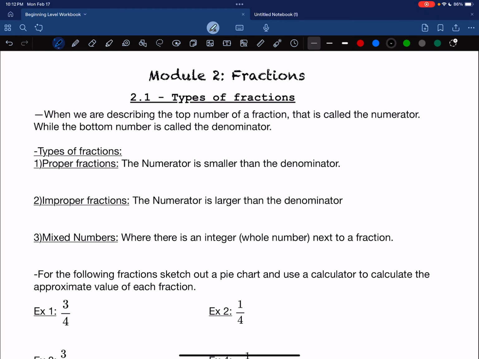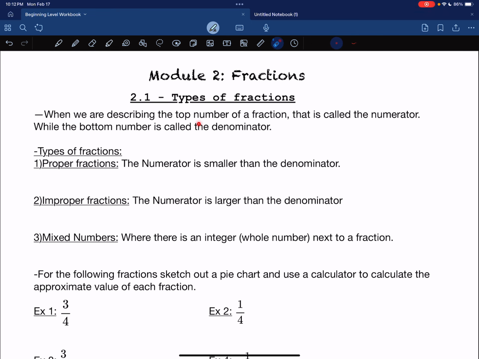Welcome to section 2.1. In this video, we are going to get an introduction into fractions, some different types of fractions, and how to convert between a couple different types of fractions. So with that being said,